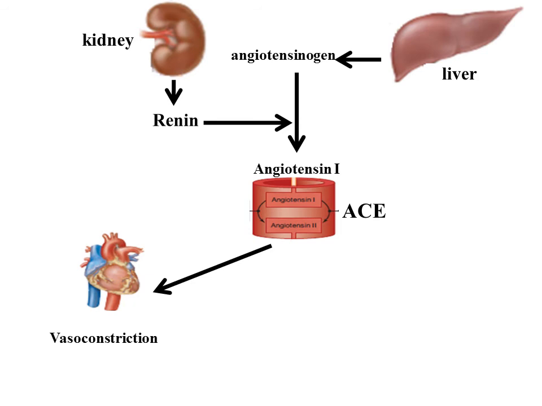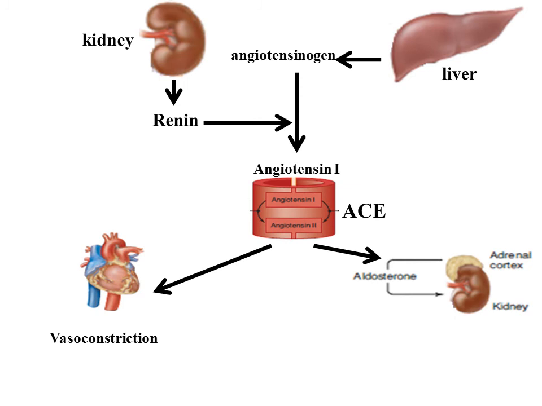Vasoconstriction of the arterioles will increase the total peripheral resistance and increase the blood pressure, while constriction of the veins causes an increase in venous return, an increase in end-diastolic volume, which leads to an increase in stroke volume and cardiac output, which leads to an increase in blood pressure. Another effect is stimulation of aldosterone secretion from the adrenal cortex. Aldosterone acts directly on the kidney to increase sodium reabsorption. Increased sodium reabsorption causes more sodium in the extracellular fluid, which leads to more water retention